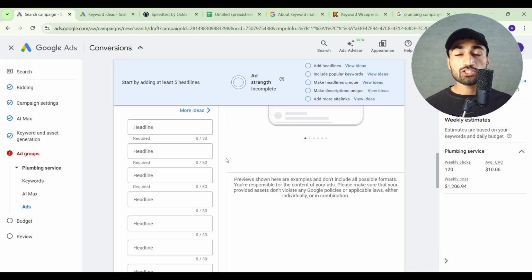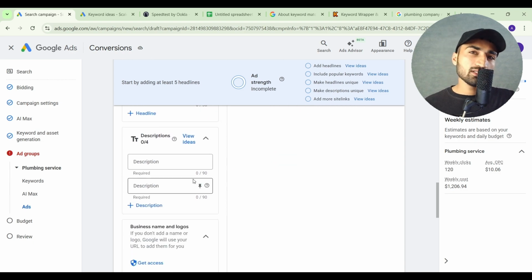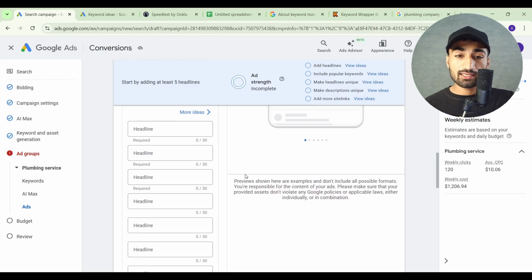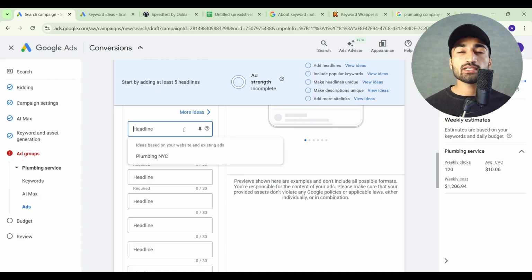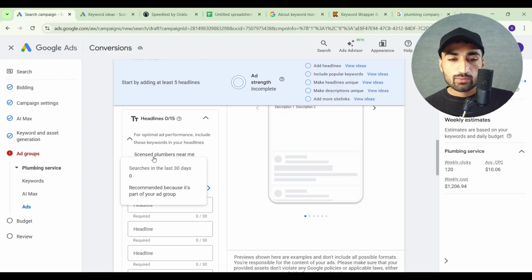So my recommendation is to go with 8 to 10 headlines, and only if you can go with different ones, right? There is no point going with 15 headlines and all the similar ones. And similarly, go with descriptions. You can go with only 2 or you can go with 3. So that's okay. So let's go with our headlines. I have 3 tips for the headlines, and we will write each headline as each tip. Number 1, include your keywords in the headline. And how you are going to include it? Would you just give the exact keyword, licensed